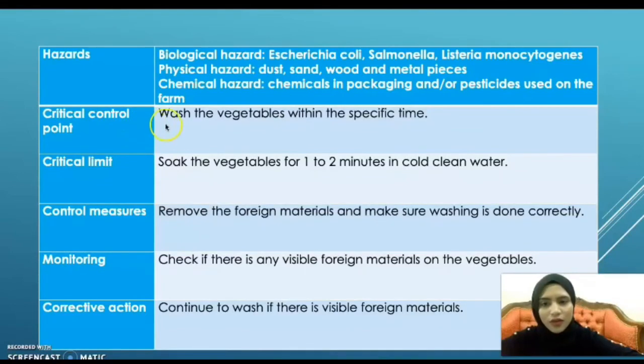Critical control point, wash the vegetables within the specific time. For the critical limit, soak the vegetables for 1 to 2 minutes in cold clean water. We have to remove the foreign materials and make sure washing is done correctly. Check if there is any visible foreign materials on the vegetables, and for the corrective action, continue to wash if there is visible foreign